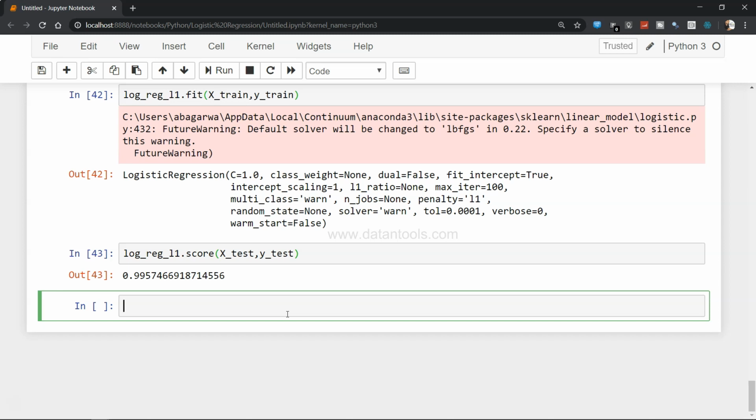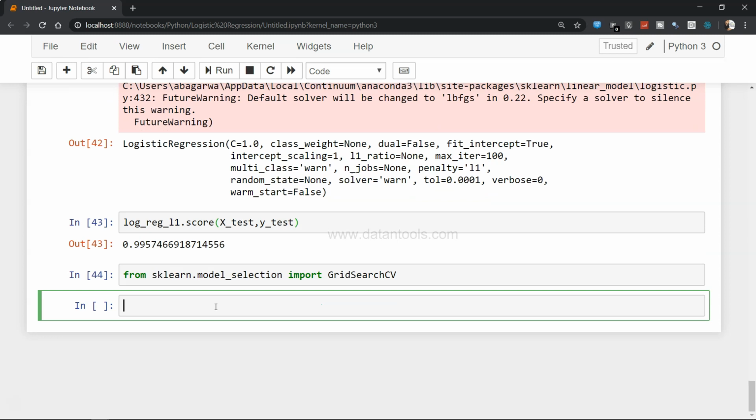So how can we use it? First of all, we need to import GridSearchCV from the library. From sklearn dot model_selection, you need to import GridSearchCV. Once you have imported it, initialize grid equals GridSearchCV, and we are going to use log_reg_L1, and let's see if it further improves anything or not.